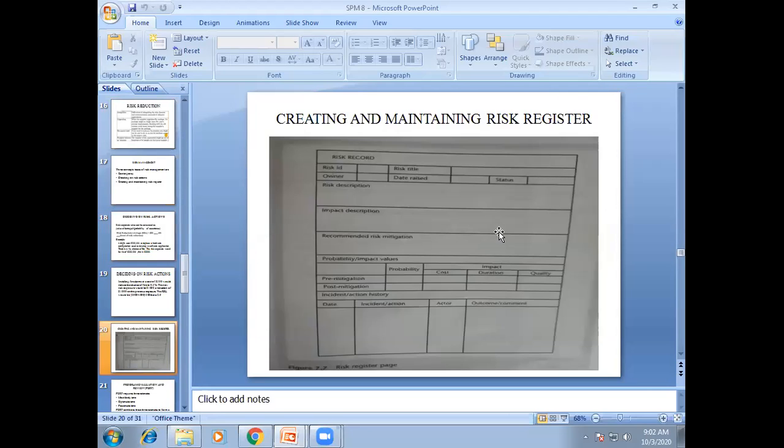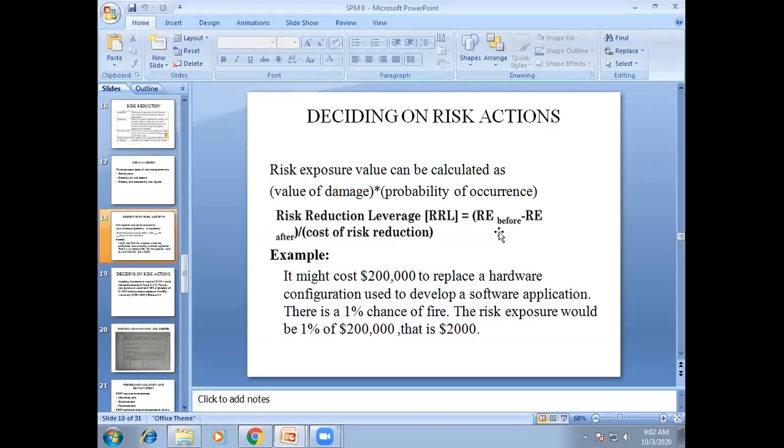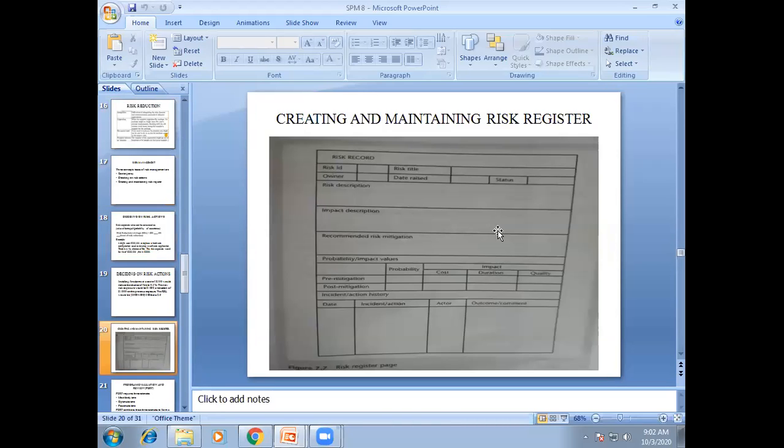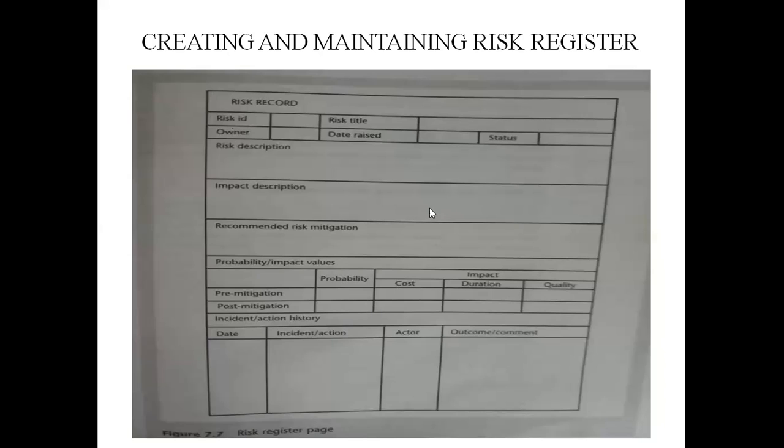That is RRL. Then creating and maintaining the risk register: we make a risk record. See here, this is the record, with risk ID, risk title. All of these are part of creating and maintaining the risk register.